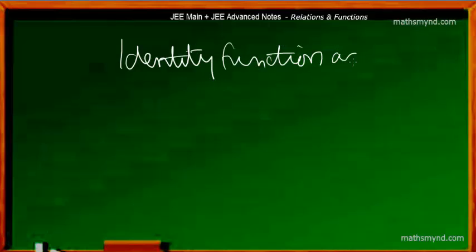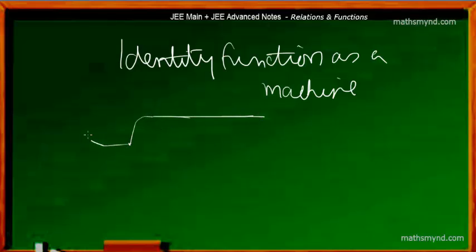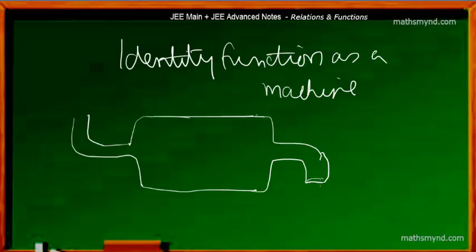And if you look at that as a machine, so if the identity function can be looked upon as a machine, it's quite simple, in the sense that one may feel that the process which takes place, so if we are looking at the whole thing as a machine, you can see that actually no process is taking place. We are forced to think that there isn't any process taking place here, or the process is absent, in the sense that